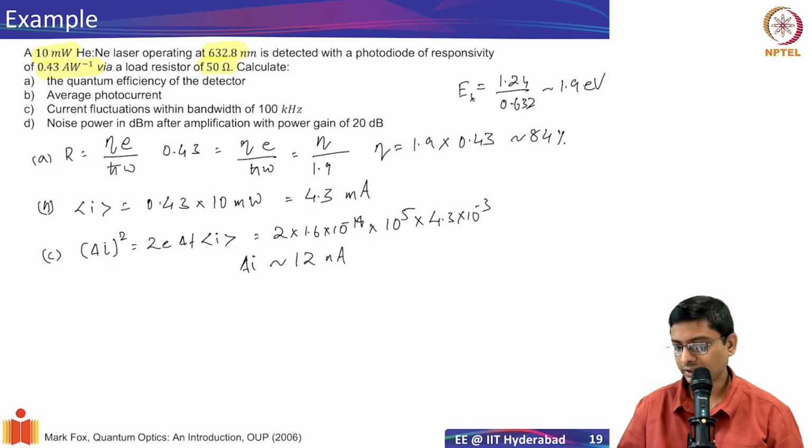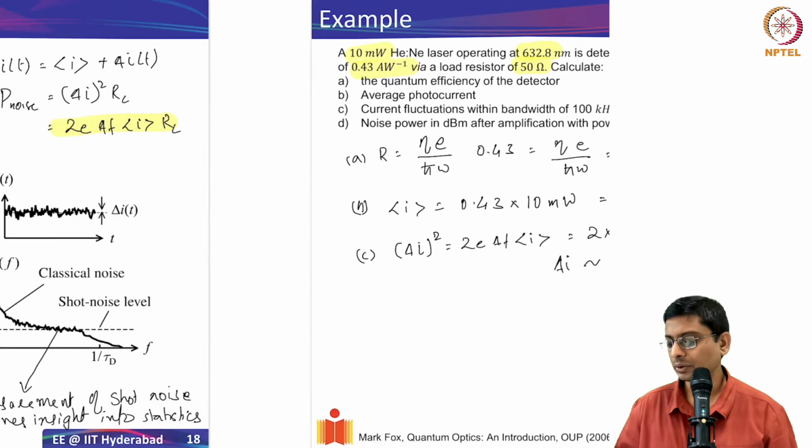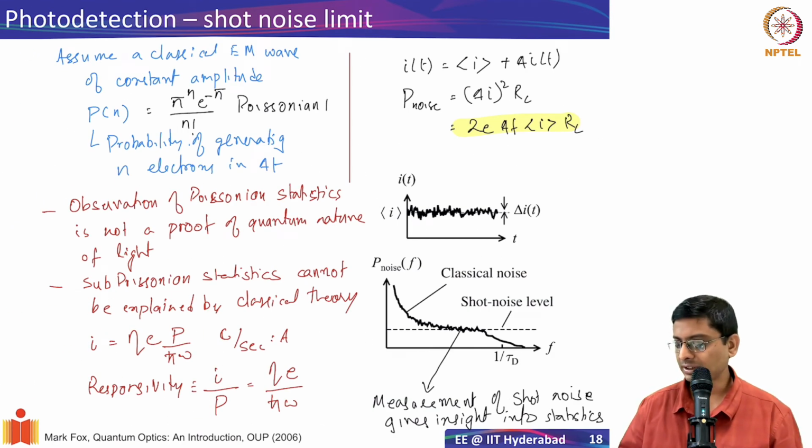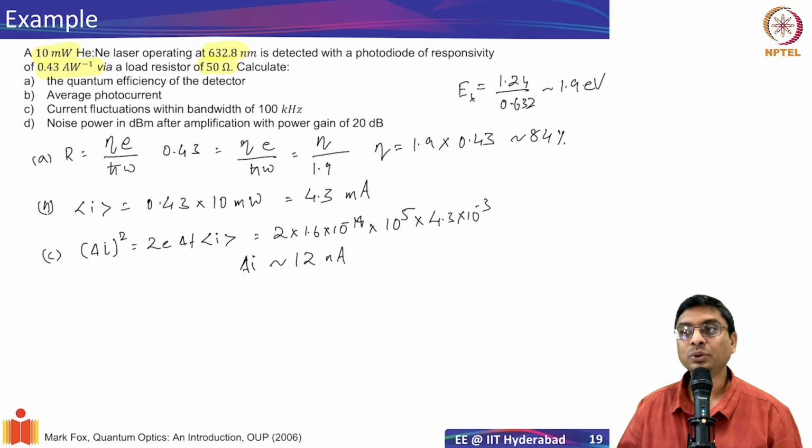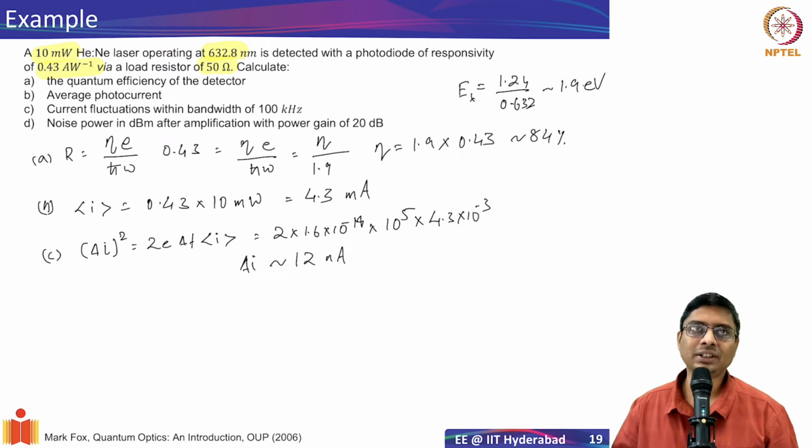So basically your fluctuations in the current are dependent on the bandwidth. If you take a large bandwidth, then the fluctuations in the current are going to be large because the classical part is included, whereas if you're only at high frequency, only the shot noise is going to be there. That is why when we do electronic measurements, we try to have a bandwidth limited case because we don't want noise in the other parts to contribute.